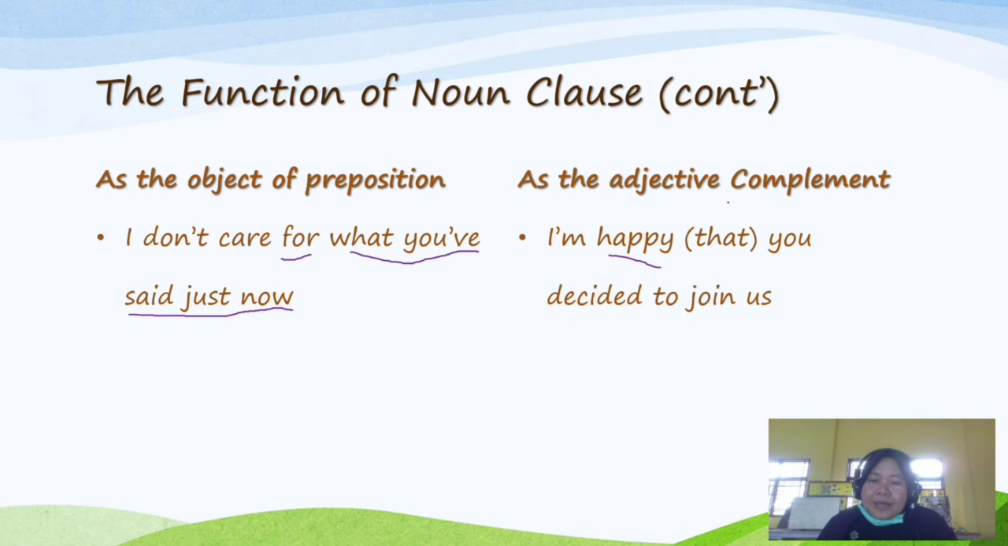Okay, but there's a difference in here. I put it in the bracket, which means that this conjunction can be omitted or deleted from our sentences, but it still can give meaning to our sentence. Okay,